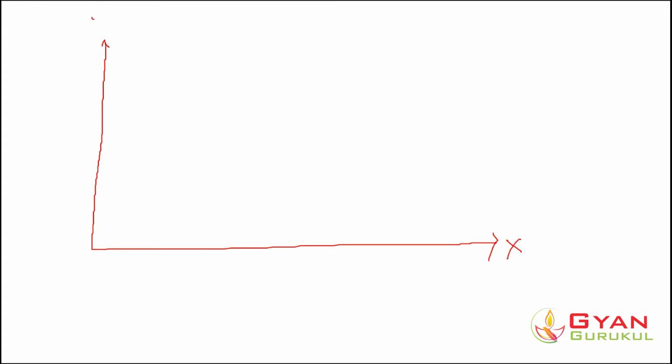So let me draw the long run average cost curve. First let me draw the y-axis here. This is the x-axis, so x is output, and here cost, denoted by C. The long run cost curve would look like something like this. And here we see several short run average cost curves, in this way, right?